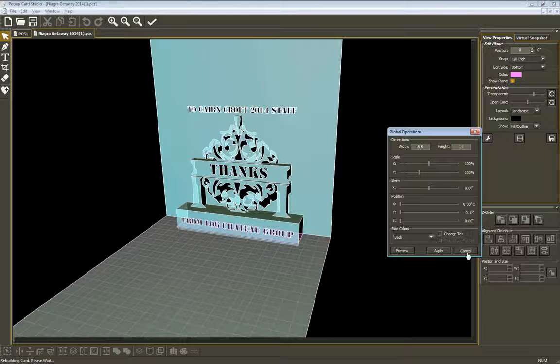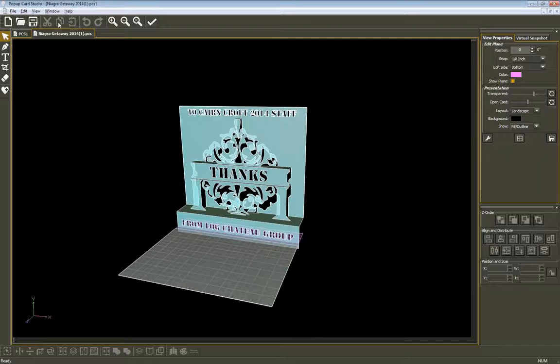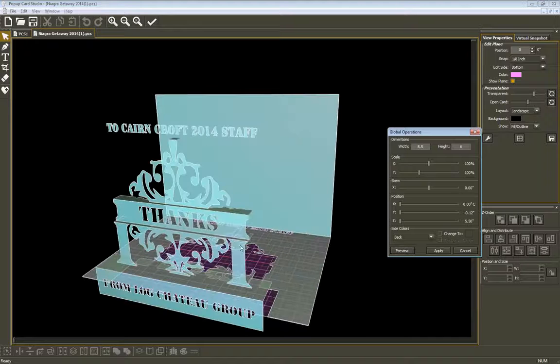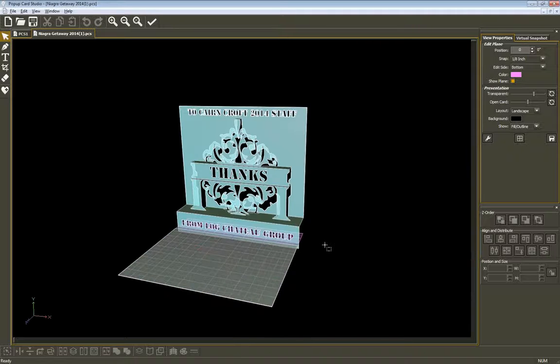So let me cancel this. It's not going to mess up for me now. Let's do a different measurement, 8.5 by 6. Preview. There we go. So you can see how it did make the card bigger, but it also brought everything out on the Z level, like 5.5 inches. So kind of interesting. The workaround for that, well, there's a couple of workarounds. One is